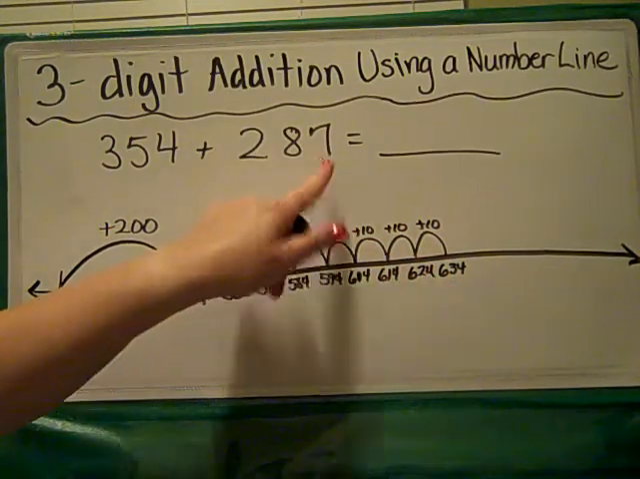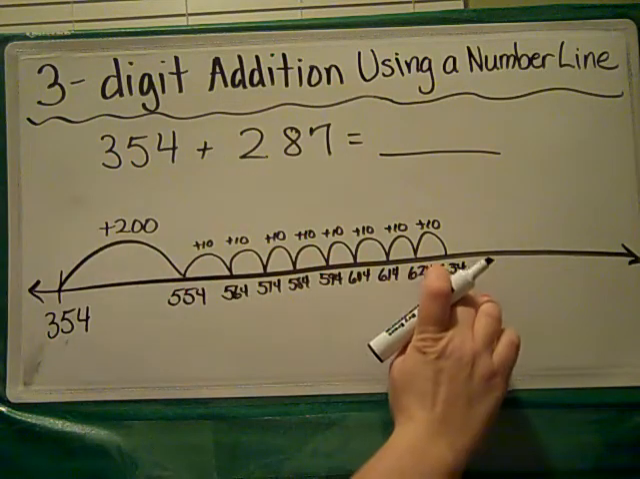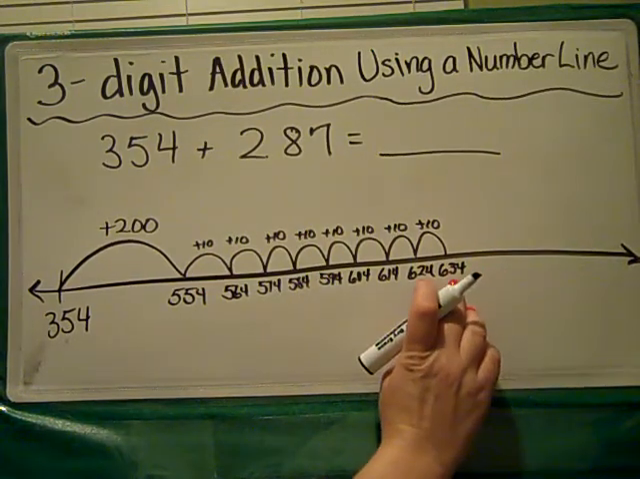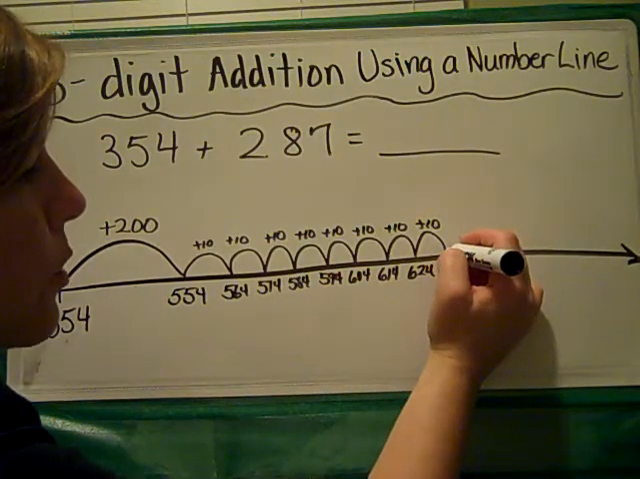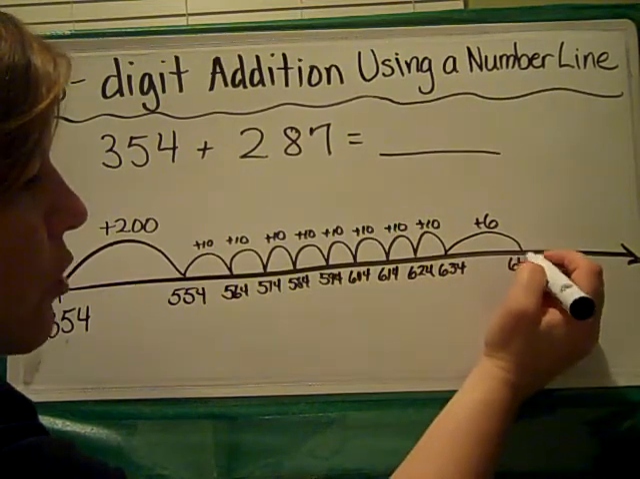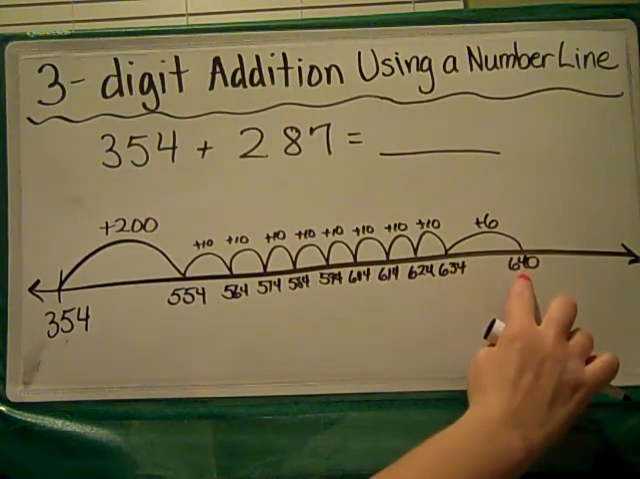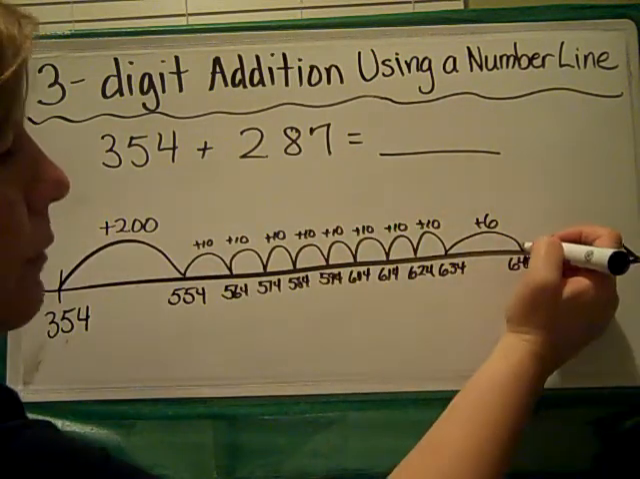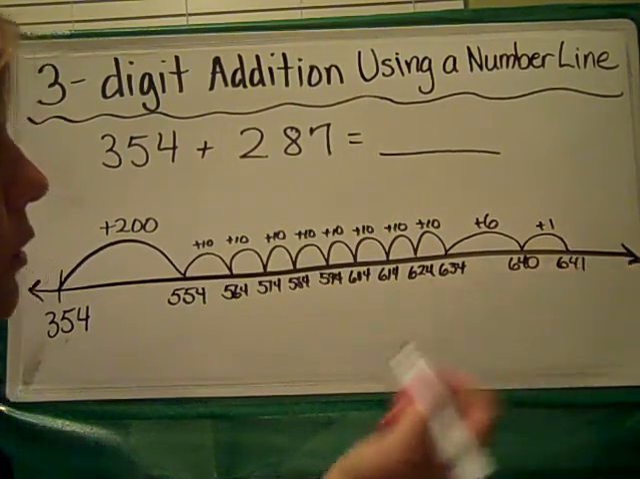Now I still have to add my 7. Well, when I look at 634, I know if I can do 6 hops of 1 each, I'll get to 640, and then I still have 1 more to go. So I'm going to do 1 hop of 6, and that's going to get me to 640, because I know that 6 plus 4 more will make a 10 there, and I'll get to 640. So now I have to add 1 more hop because it was 7 hops. So I'm going to add plus 1, and now I get to 641,